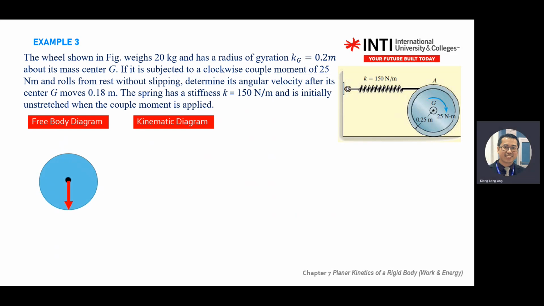Ring. What else? What else? Just now I asked already. Before we